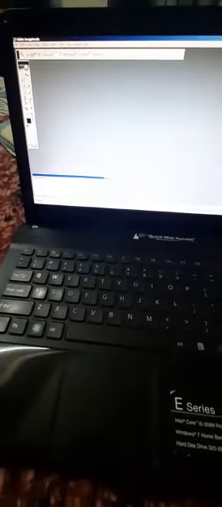See, after opening Photoshop window, we get this interface. You can see the interface of my computer is a little bit different from your book, because I have Adobe Photoshop 7 version, but in your syllabus it is Adobe Photoshop CS6. So the version is different, that's why you are getting a different interface here, but functions are more or less the same.